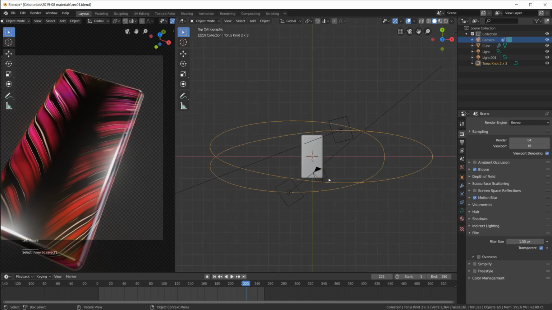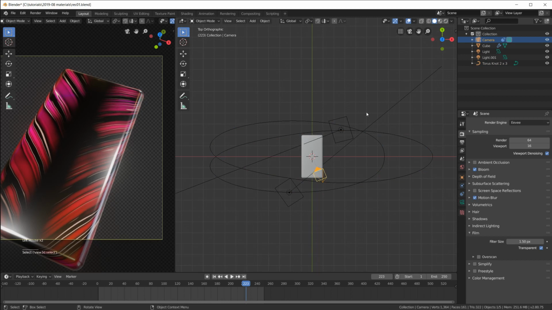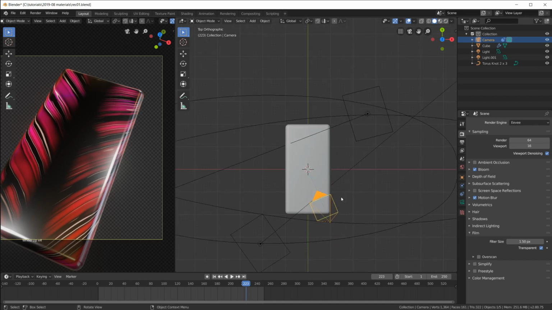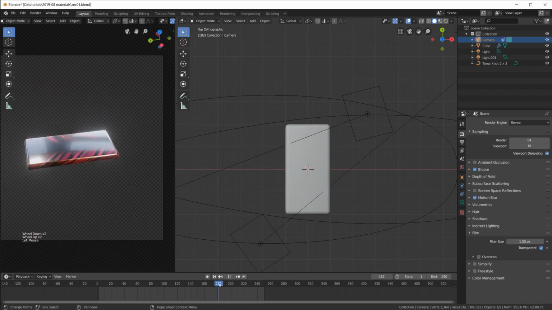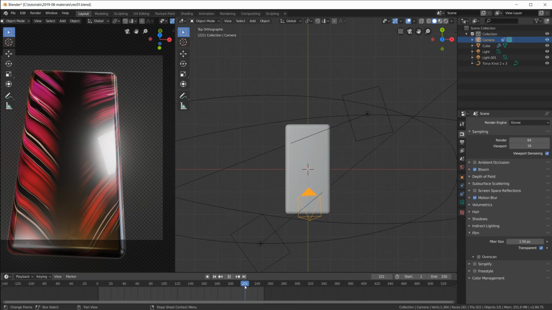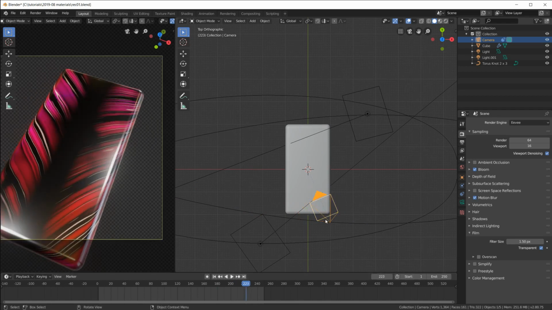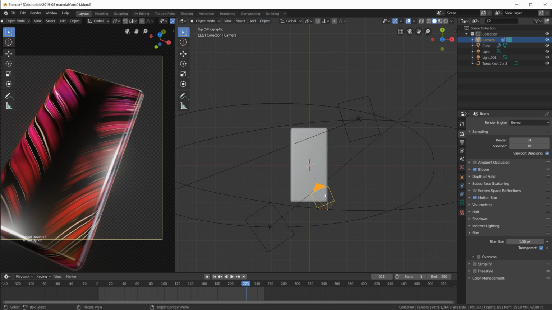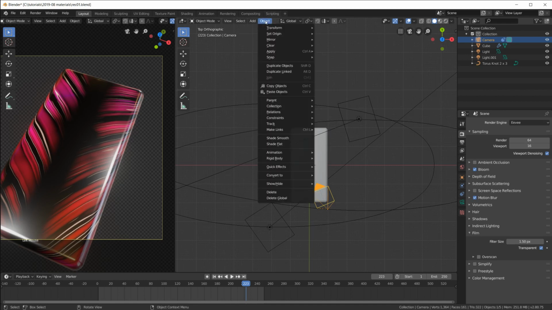Now we set up this curve and we set up this constraint to follow the curve and all of that so that we don't have to set keyframes. But if we want motion blur in our final render, and for movement like this, it really adds to the final quality of your rendering, then we have to bake this motion to keyframes. And there's a really easy way to do this in Blender. You just go select the camera, go to Object, Animation, Bake Action,